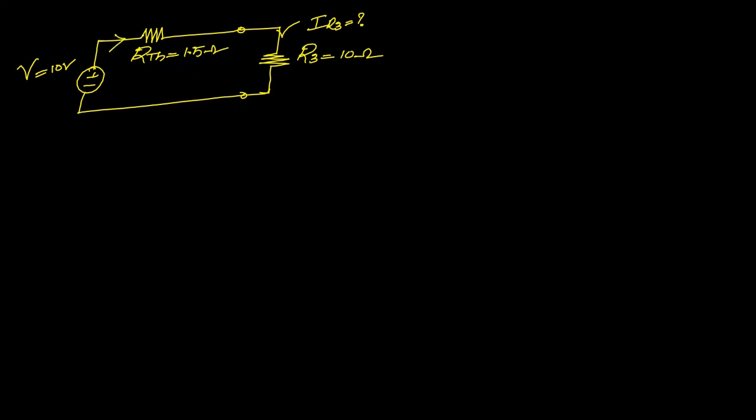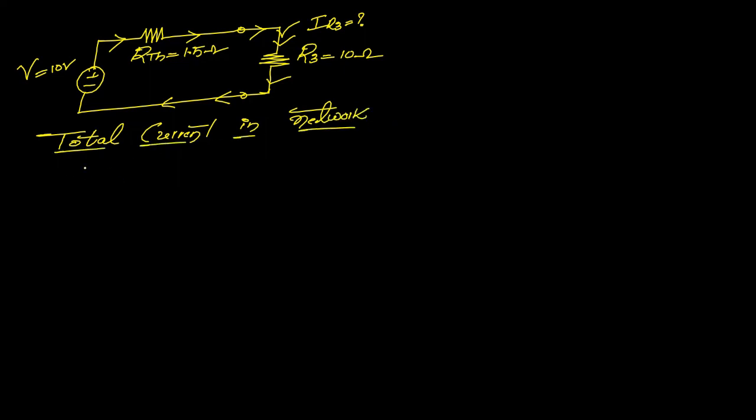Because in case of series, whatever the total current is flowing in the network, the same current is flowing through R3. Clear? So here, total current in network,